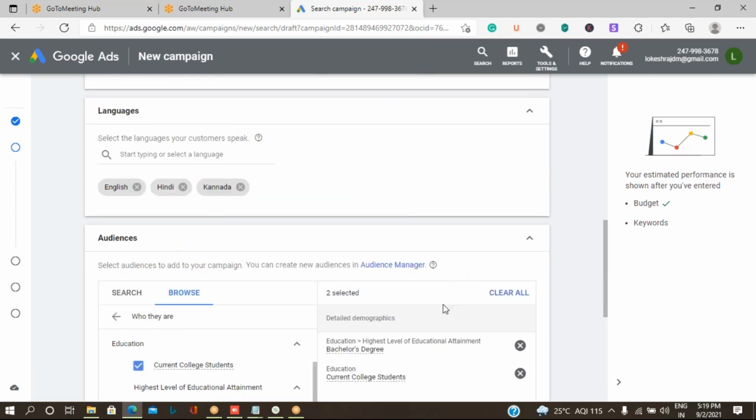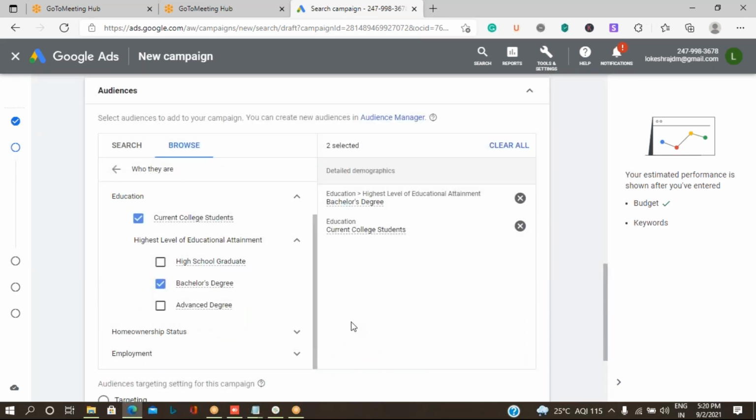Whatever options I want are selected on the left-hand side, and the selected options are shown on the right-hand side. Do not select unnecessary category people, because you are spending time and money here. There is no need to show the advertisement to irrelevant people. So under detailed demographics, I have selected education: currently college-going students and those doing a bachelor's degree.